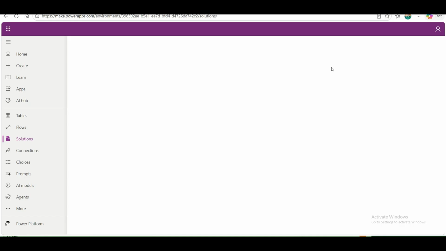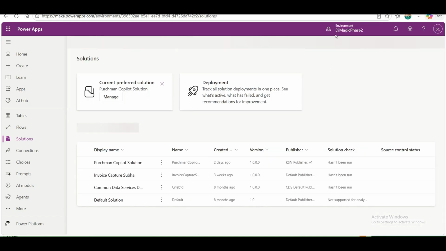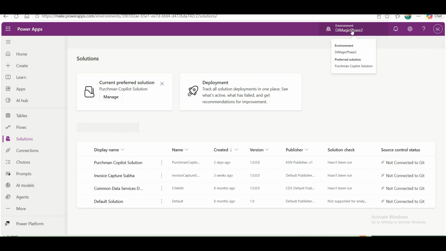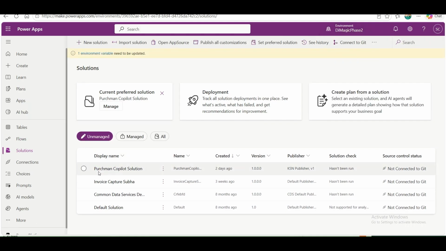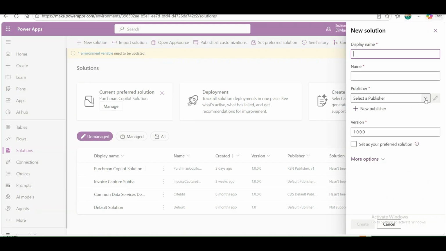make.powerapps.com, and inside Power Apps, I have to select the correct environment. For me, this is the environment which I am going to use. You can select or you can create your new solution. I always prefer to create my own solution so that it becomes very easy to keep both the components of my solution as well as my Copilot Studio under one roof. And if you create a new solution, I also prefer to choose my own publisher. So say for example, I create a new publisher of my